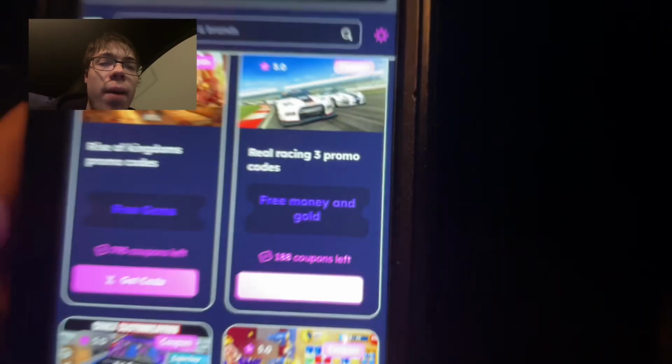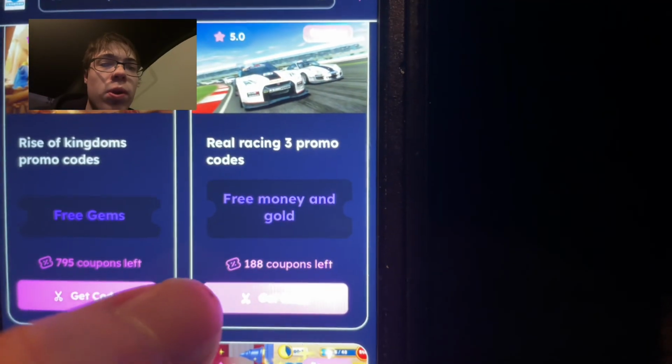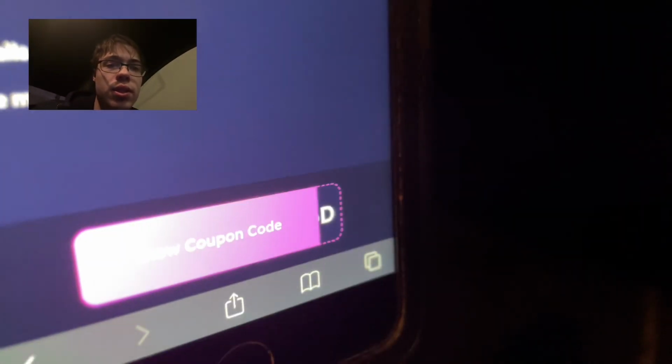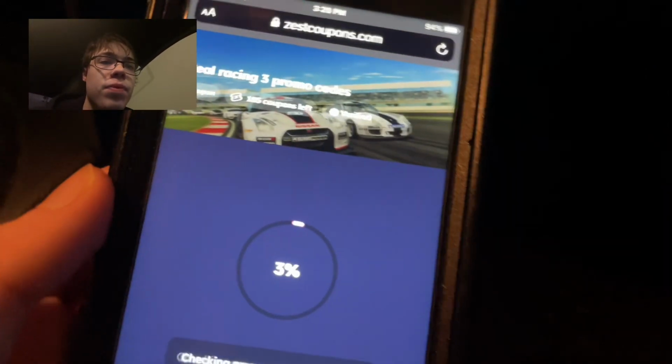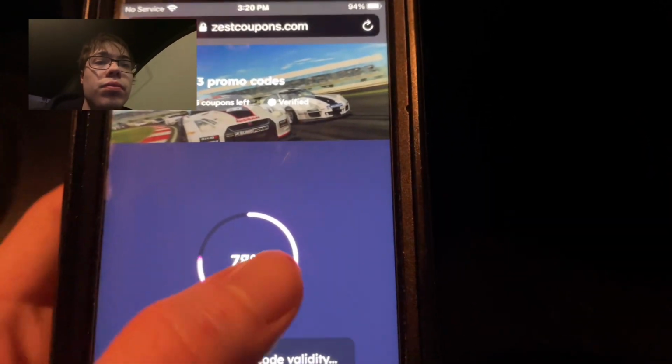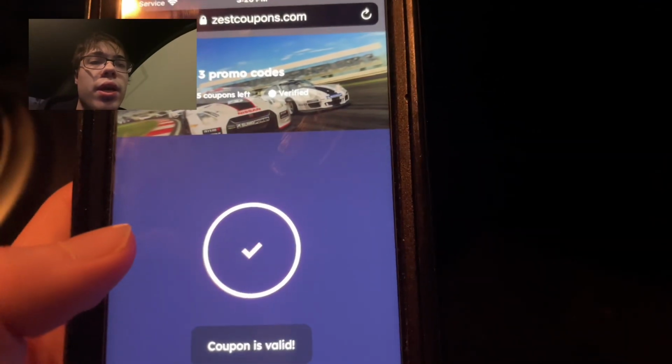So what you want to do is go to this site, zestcoupons.com, and you're going to see it says Real Racing 3 promo codes. So just press get code and wait for it to load, and you can see it says show coupon code. Press on that, and then once it loads, guys, just go ahead and press where it says get full code,